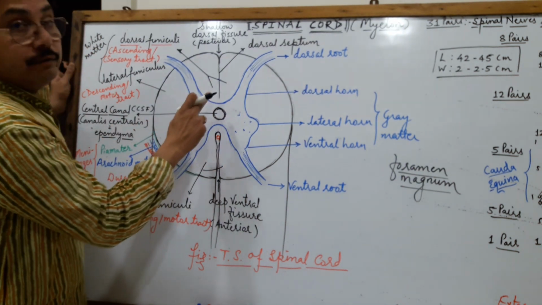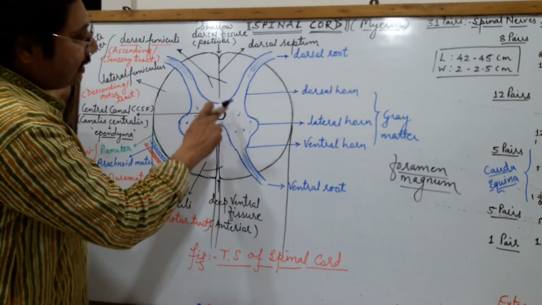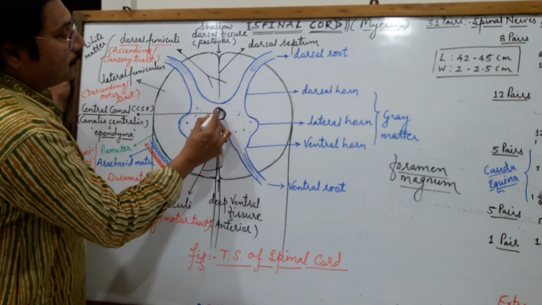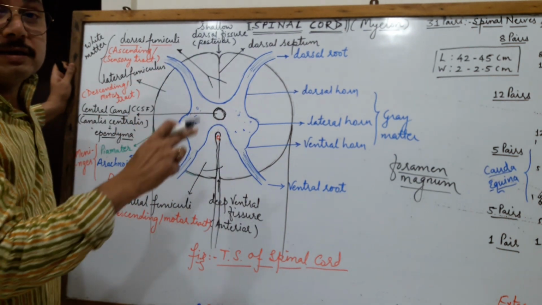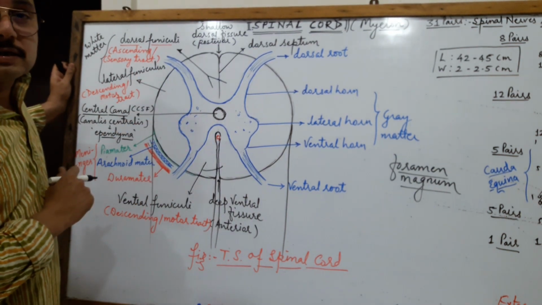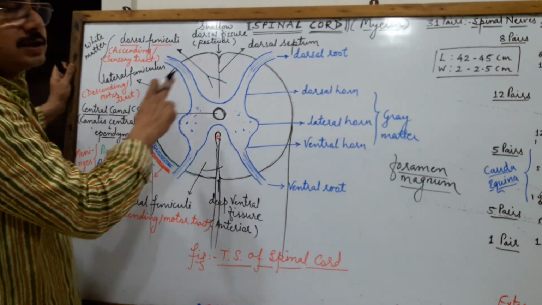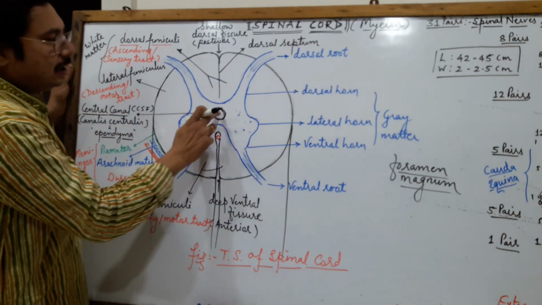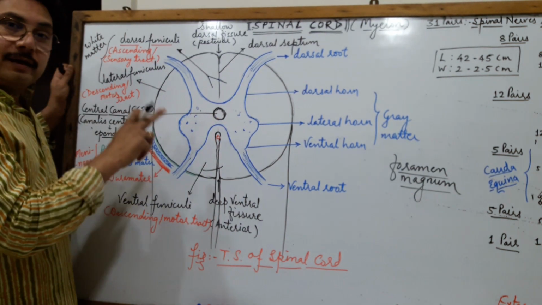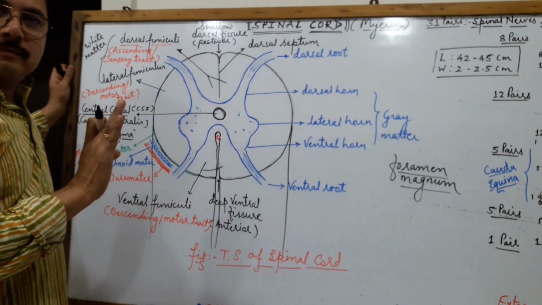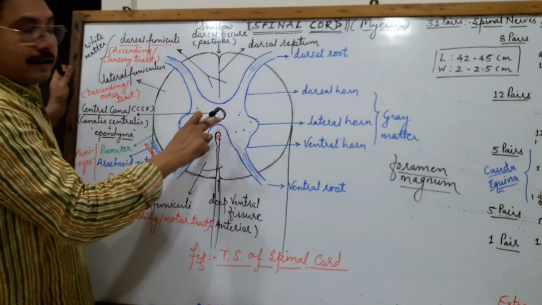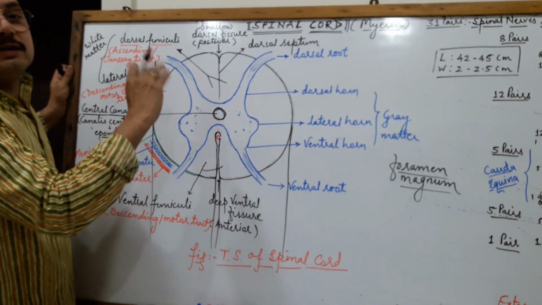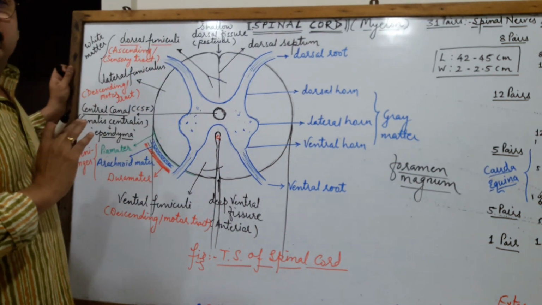And this central canal, also called the canalis centralis, is internally lined by ciliated epithelium, and such ciliated epithelial cells are called the ependymal cells, or simply the ependyma. Such a canal is filled with CSF, cerebrospinal fluid. And the cilia of the ependymal cells, by their beating, maintain the flow of that CSF throughout the length of the canal.